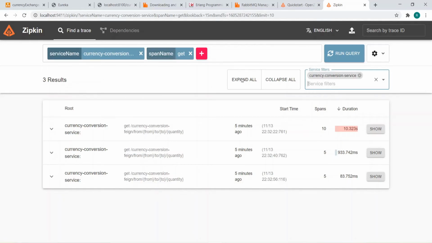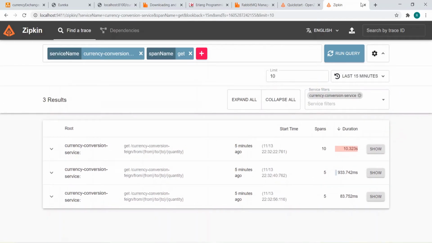Okay, so this is how you can trace and all. If you know the trace ID, you can go to the log and check the trace ID, and you can put it here. So you can play around with the Zipkin UI, how the dashboard looks like. Okay, and you can run it over here. Let's explore more. Close this. I selected this, okay, and I run that query.